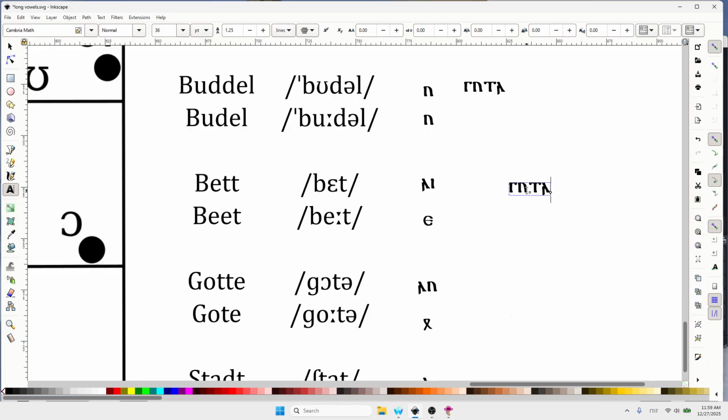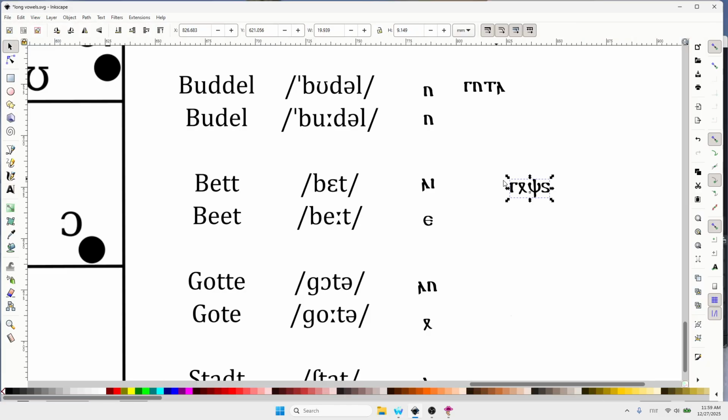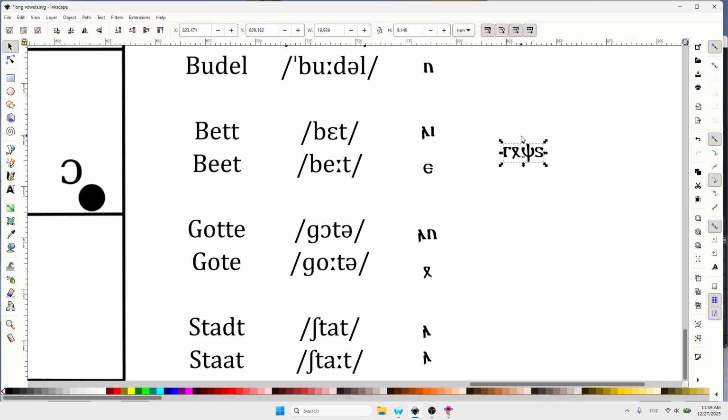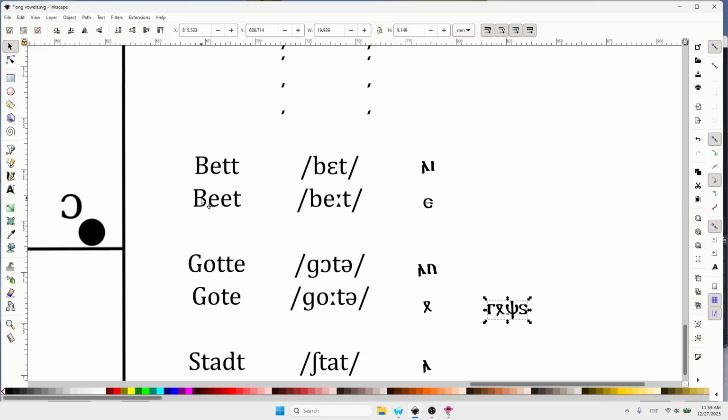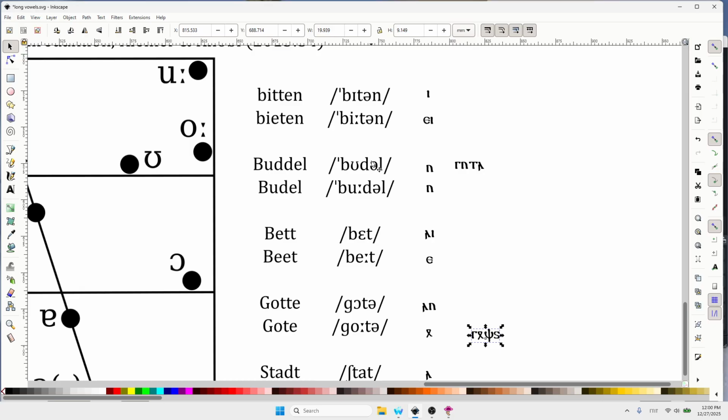Funnily enough, the word goth is here, but it's actually pronounced with a U, like gut. So if you look at Gothic words compared to German words, the U, O, and the